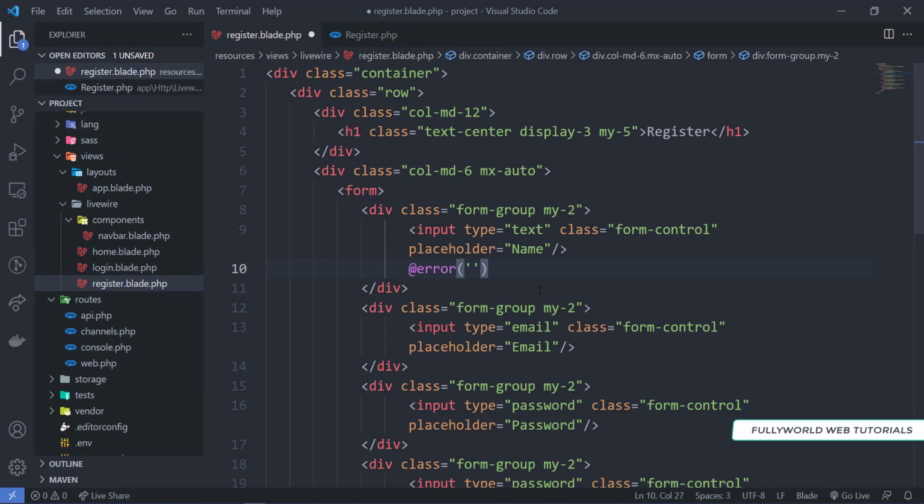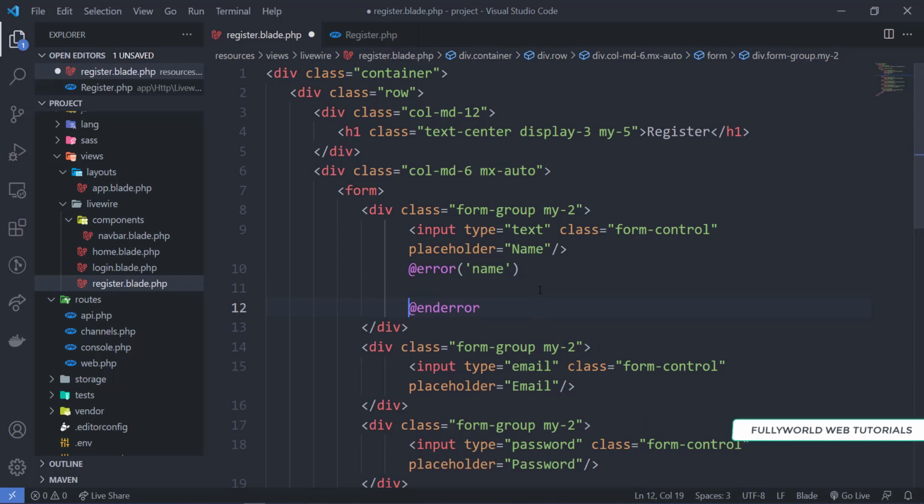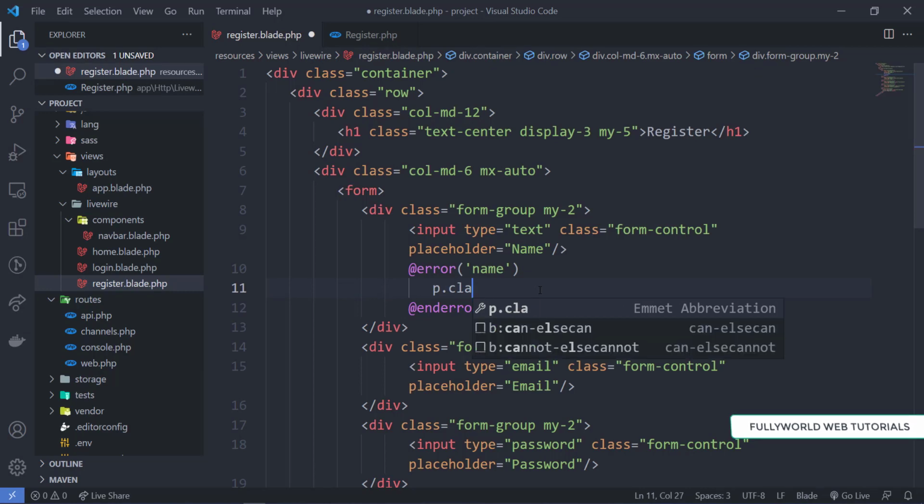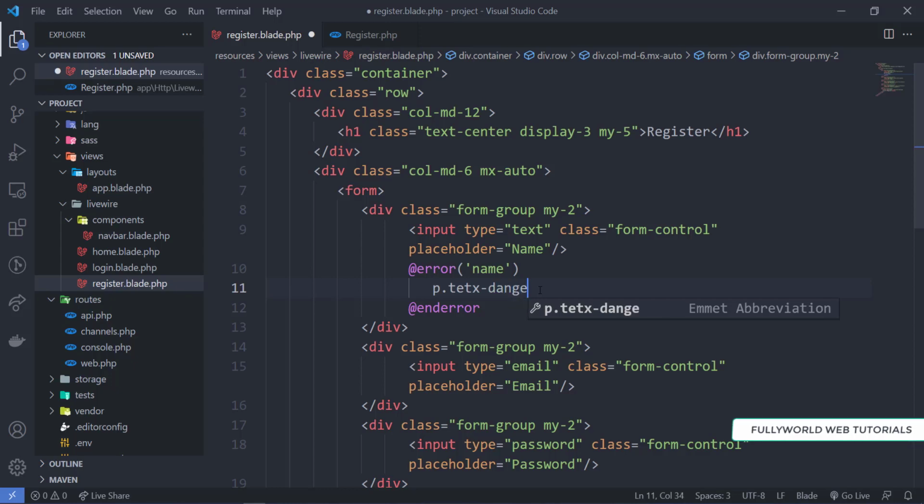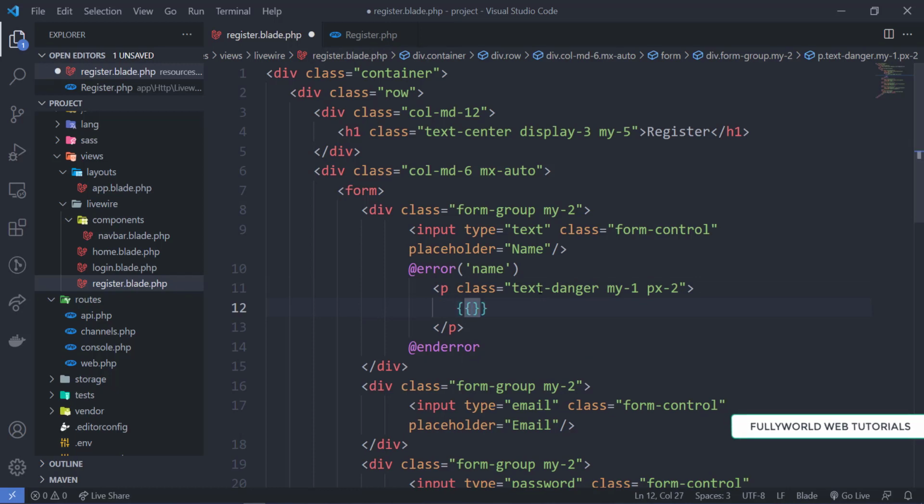So let's see, I'm going to write @error of name, @enderror, and here just one paragraph with class text-danger, margin y1, and padding x2 here, and here we are going to write $message.